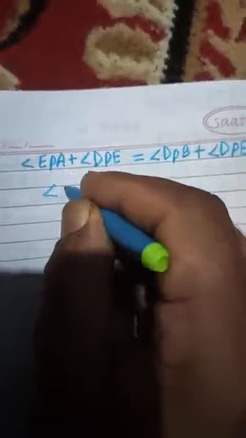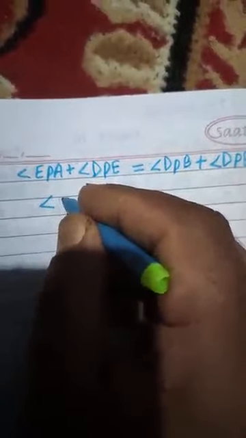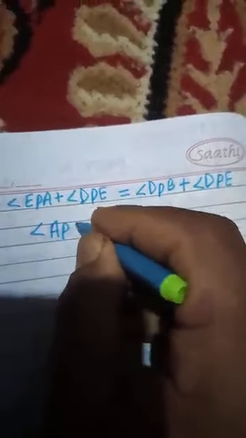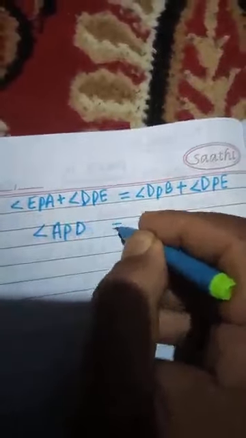So instead of these two angles we are going to write angle APD is equal to, let us see,